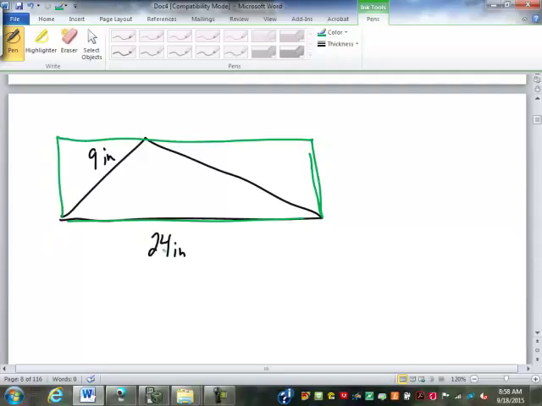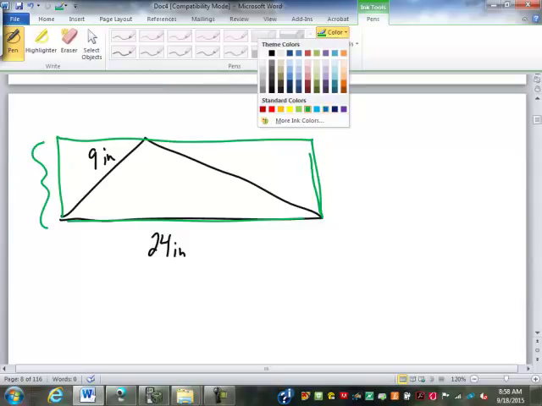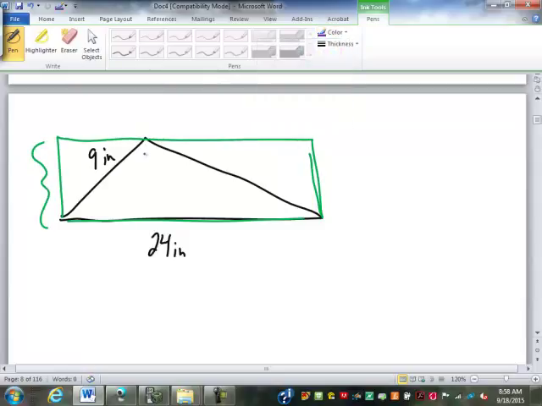So I have the 24, I need this distance, which would be the width of that rectangle. In the triangle, I would find that right here. This is the furthest point away from the side that I have, the base of my triangle. I need to find the distance of that, and of course distance is always at a perpendicular. So I have my 2 perpendicular dimensions. If I find that this is 5 inches, now I can find this area: 24 inches by 5 inches divided by 2,